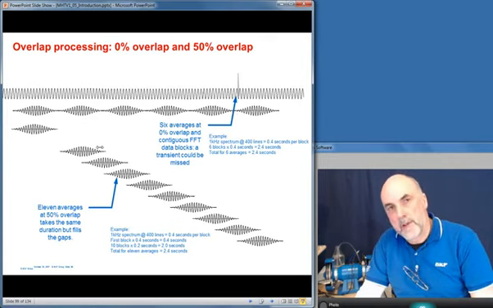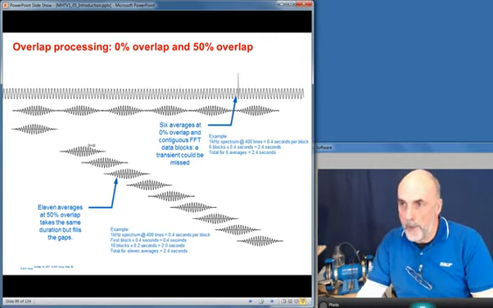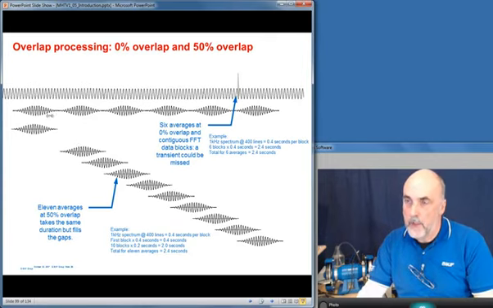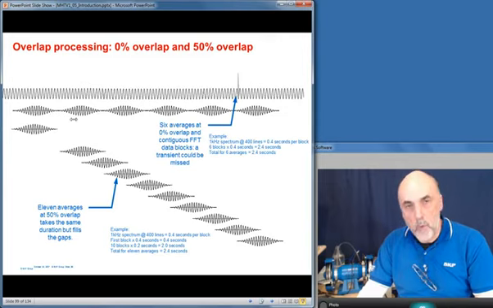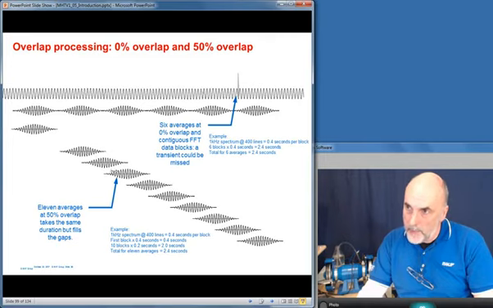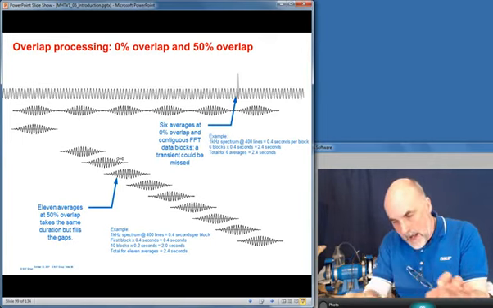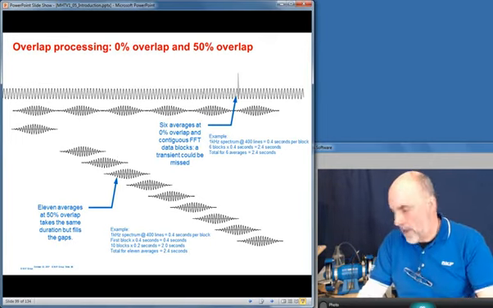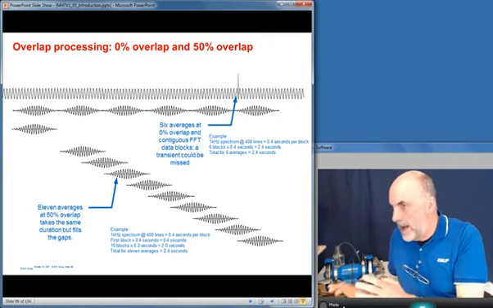And there are 2 approaches to resolve this problem. One approach is to use something called overlap processing. Because what you're doing is mathematically throwing away some of this data to remove the truncation. And there's a school of thought which says, well, why don't you keep it and do some maths on those numbers? So when you dial in overlap processing, you start to remove any gaps in your data. And that has the effect of speeding up your measurement.